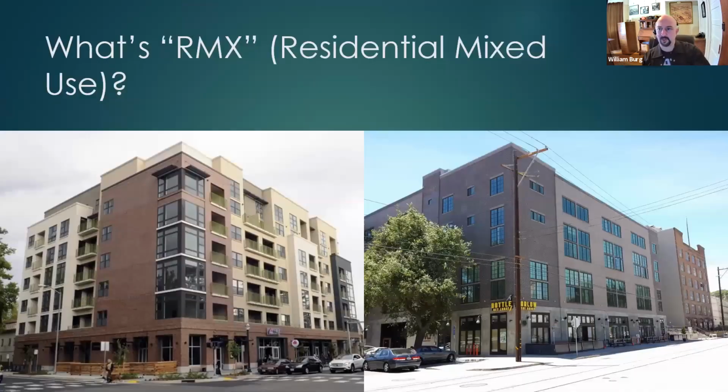Now, the other big category we talked about is RMX and what sort of buildings go there. That's generally between 6 and 8 stories tall, but they can go much taller. The downtown RMX zones have a maximum floor area ratio of 15, so really the sky's the limit there. And that's good. That's where the tall buildings are supposed to go.